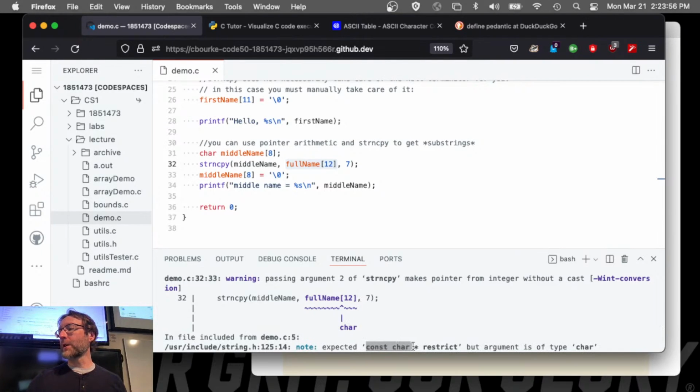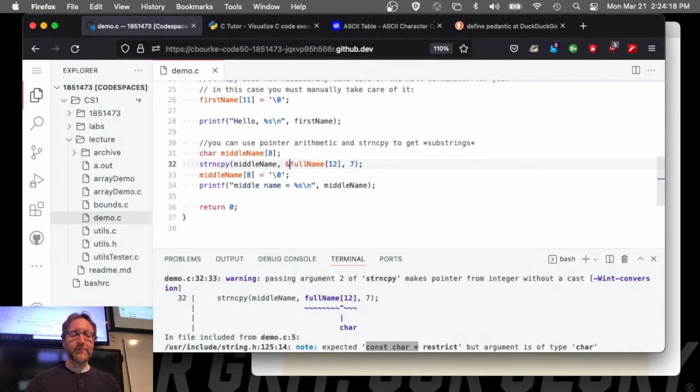There we go, const char star. Okay? So how do I make a char into a char star? How do I make a regular old integer into an integer pointer? It's a regular into a reference, a regular into a pointer, so